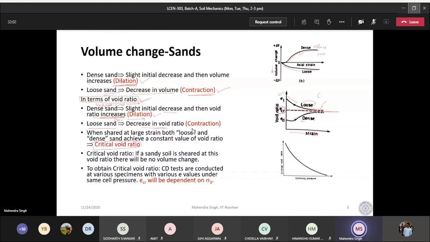If you test a sample which is having this void ratio, the critical void ratio, then it is not going to change in volume. So when the shearing occurs, please remember, when the shearing occurs,